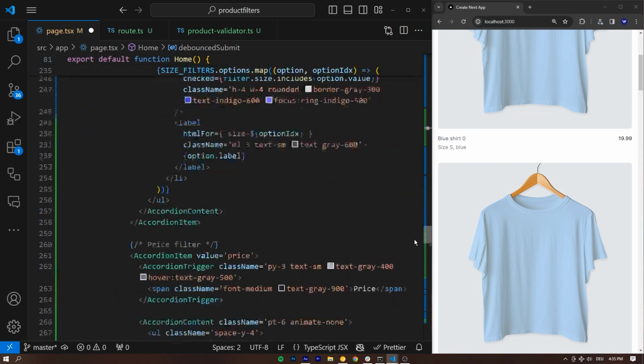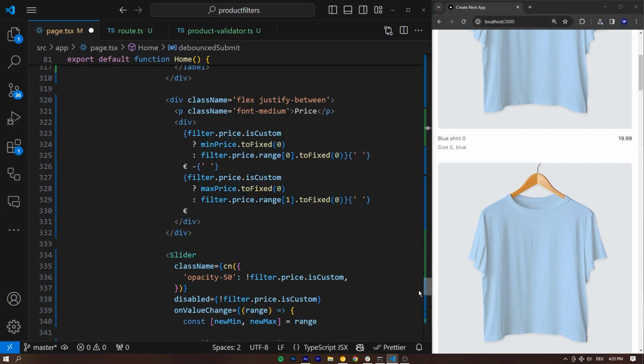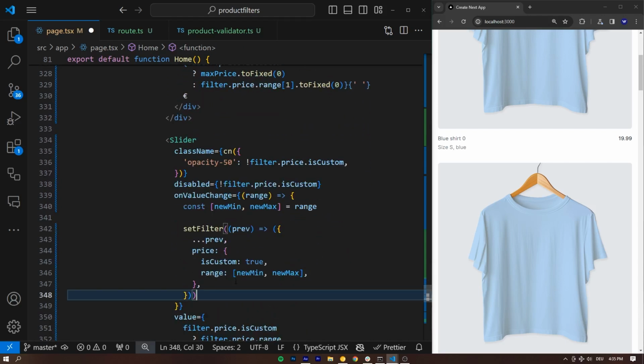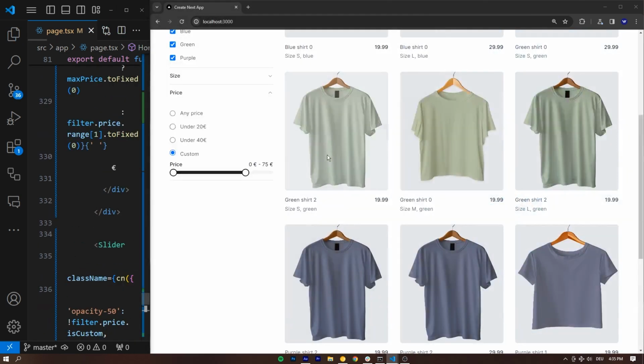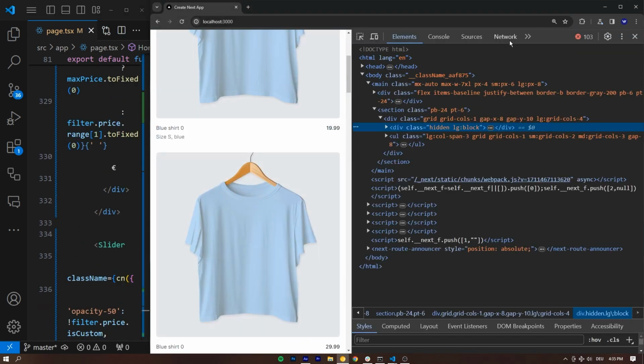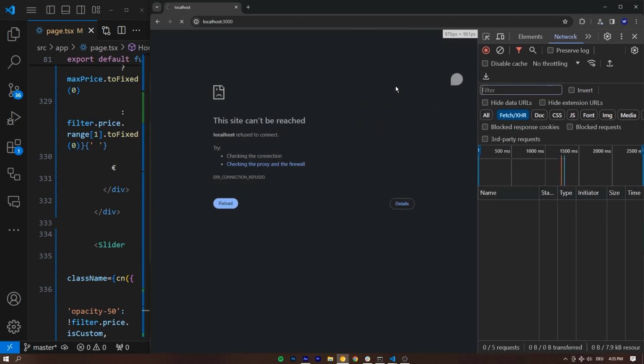So let's go down to the slider, where we change the sliding logic right here in the on value change. Whenever we change the slider, we are going to invoke the debounce submit. Let's see the problem in this implementation. Let's open the network tab and see what happens if we change around the slider. Oh, and we of course need to